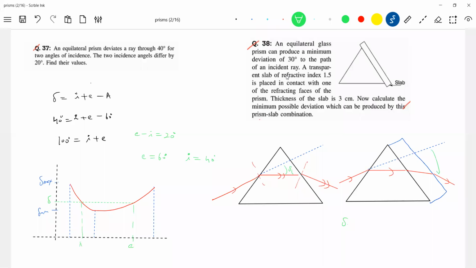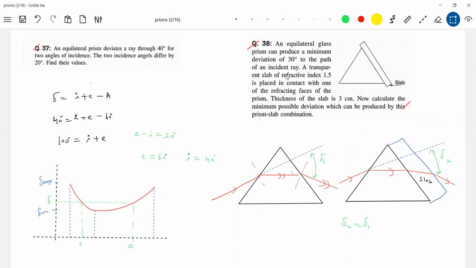Okay, this I think I'll show it here. Now what about delta 2, delta 1? Those two will be equal. So the effect of the slab will not be there, that's all. And you know how to calculate minimum deviation when it's given: mu equal to sine of... They gave minimum deviation, sir. Directly, no. Okay, no need to calculate anything. Yeah. Okay, this one I felt was a really good problem.